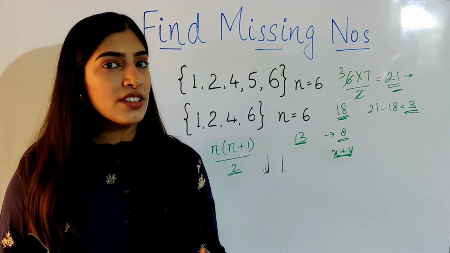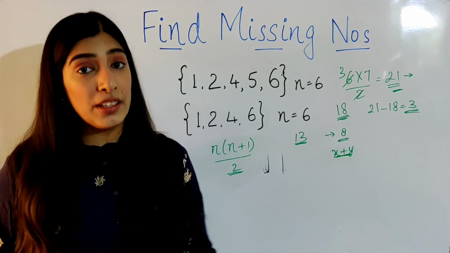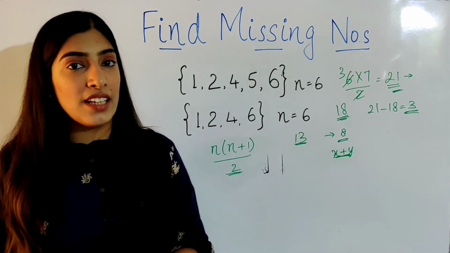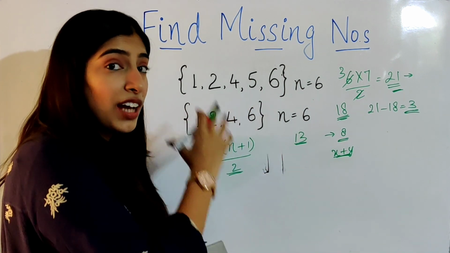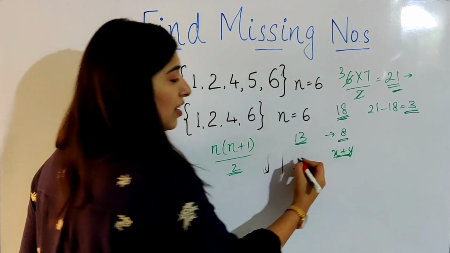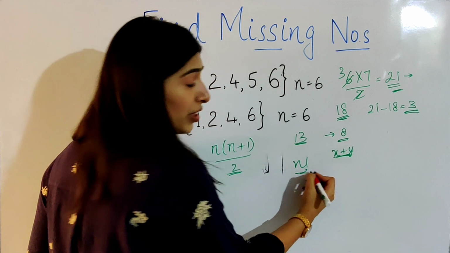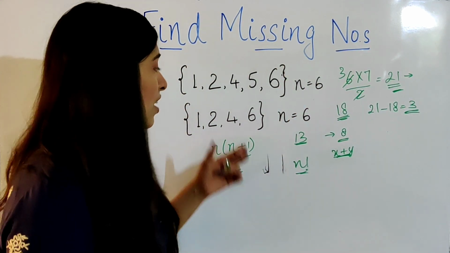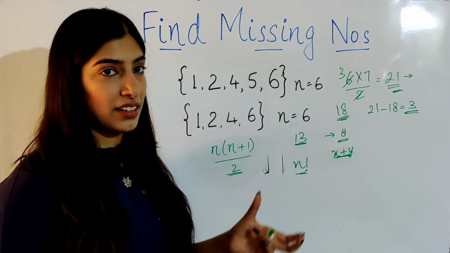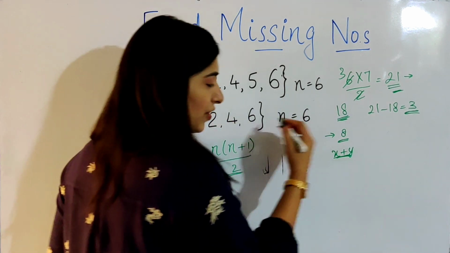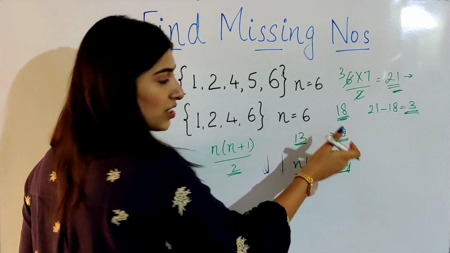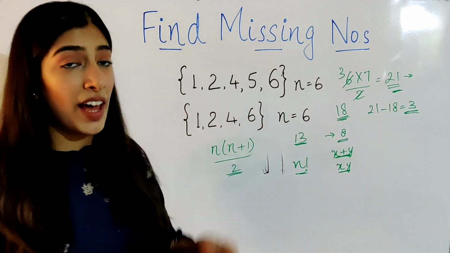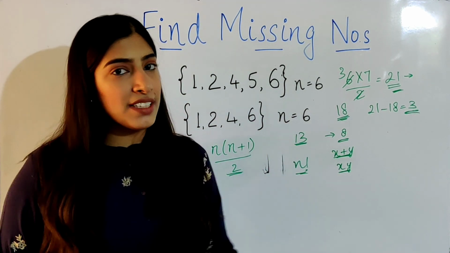One obvious solution that comes to our head will be to use multiplication, just how we used sum. How can we do that? We could calculate the product that would have been there if all the elements were present. That is n factorial, 1 into 2 into 3 and so on up to n, and the product that is presently there. If we divide both of them, we will get the value of x into y. And using these two equations, we can find the value of x and y, that is both the numbers that are missing.